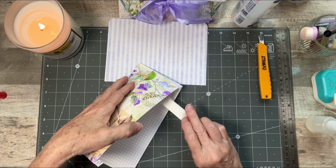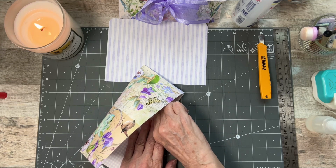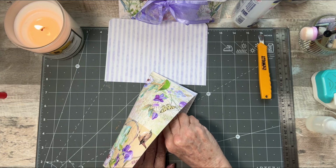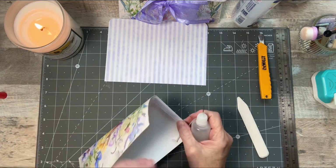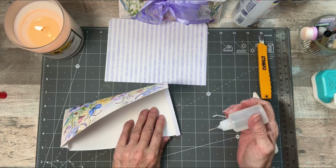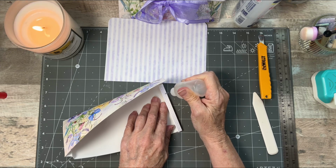So I go in there and just go up here. And then I'll take my bone folder, and where I put the rest of the glue, I'll just go in there and rub it like this, making sure that glue is set. And I'm going to take this end, and I'm just going to make sure that that's nice and glued in there, which it seems to be. And then I'm going to do the same thing to the other side. Put the glue here. Wonder if there's another way I can show you. I guess not. So I'm putting it here. I put a lot, not a lot. It doesn't goop or seep out or anything, but